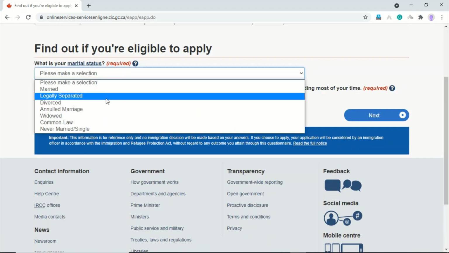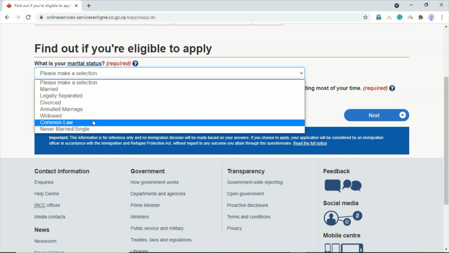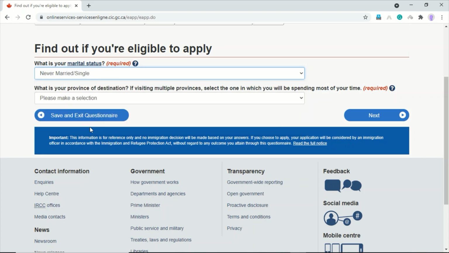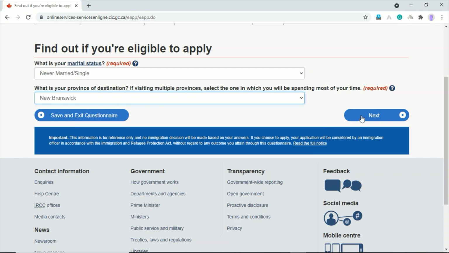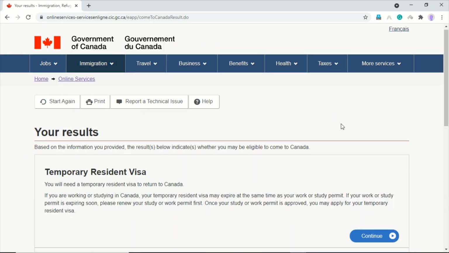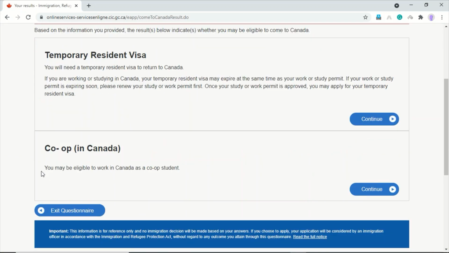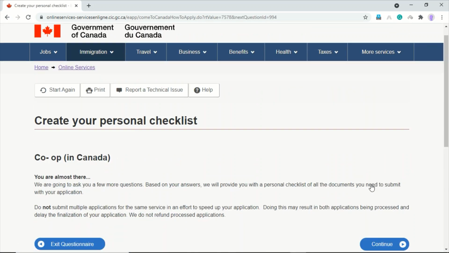You can select options based on your situation, and you can select the province where your institution is located, because that is where you are going to spend most of your time, even though you are in Ontario or whatever. So you can select that. Based on this, we want to apply for co-op in Canada, so you should select continue.